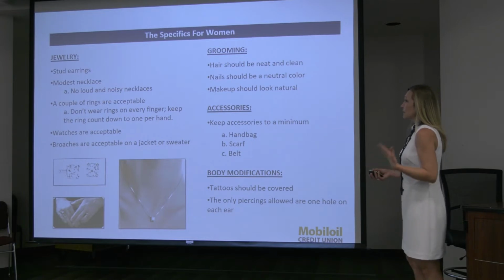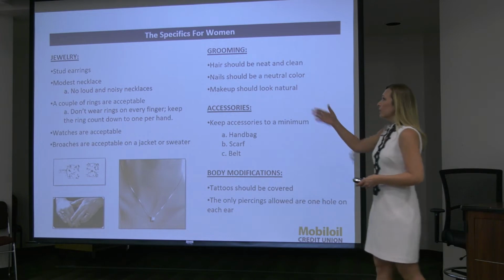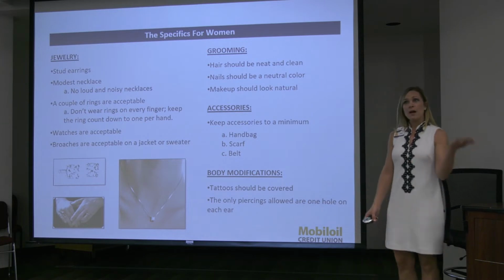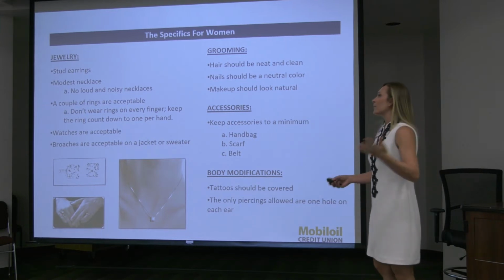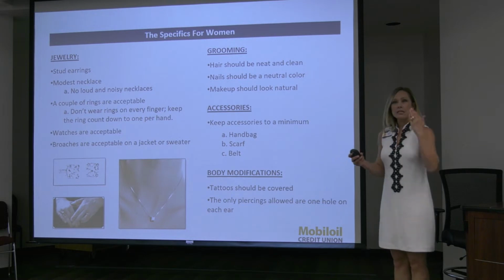So, specifics for women, basics for women. Jewelry, like today I have on a pair of stud earrings. They kind of just go with whatever, right? You can dress them up, you can dress them down. I love them because you can buy gold, silver, whatever, and they just go with whatever. They make a little bit more tailored statement, that you're a little bit more put together,